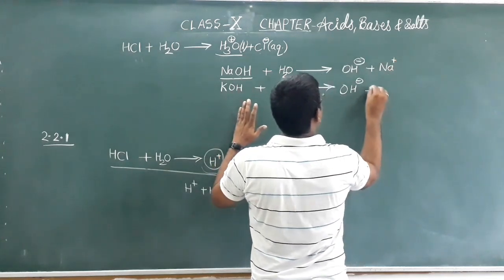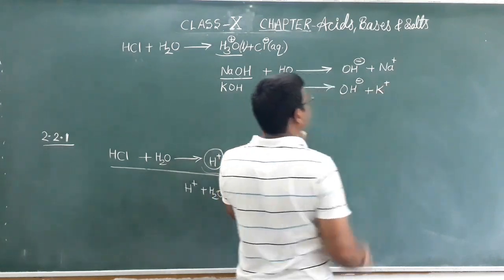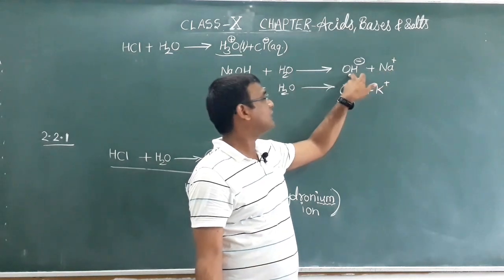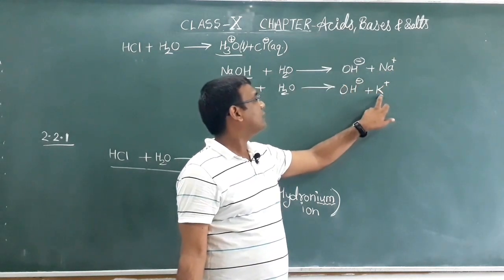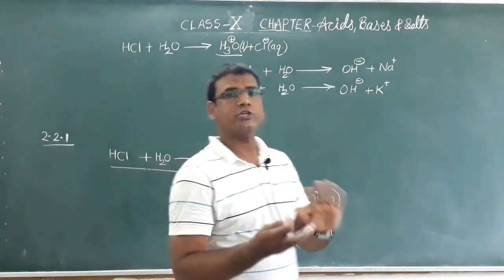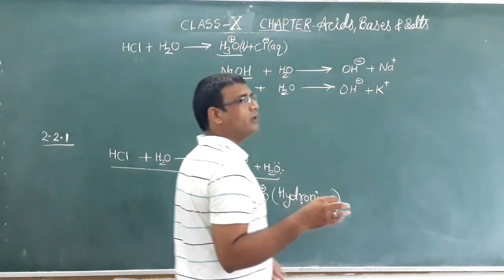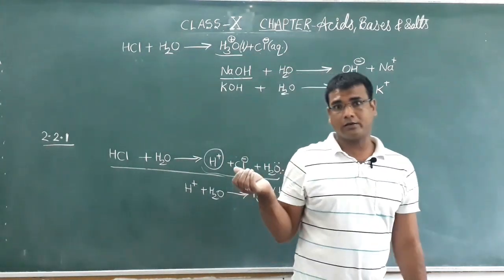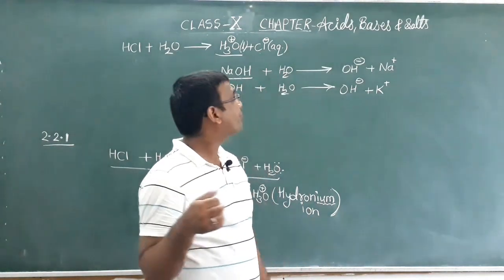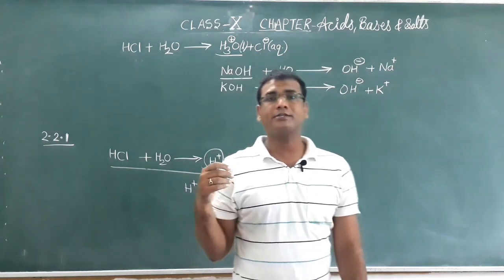Na plus is also there, and here it is K plus. It doesn't matter whether you write this part on the right side and this part on the left side, or OH minus on the left side. You can interchange the position of these ions. It doesn't matter. But in organic chemistry, which you will discuss in chapter 4, class 10th, carbon and its compounds,